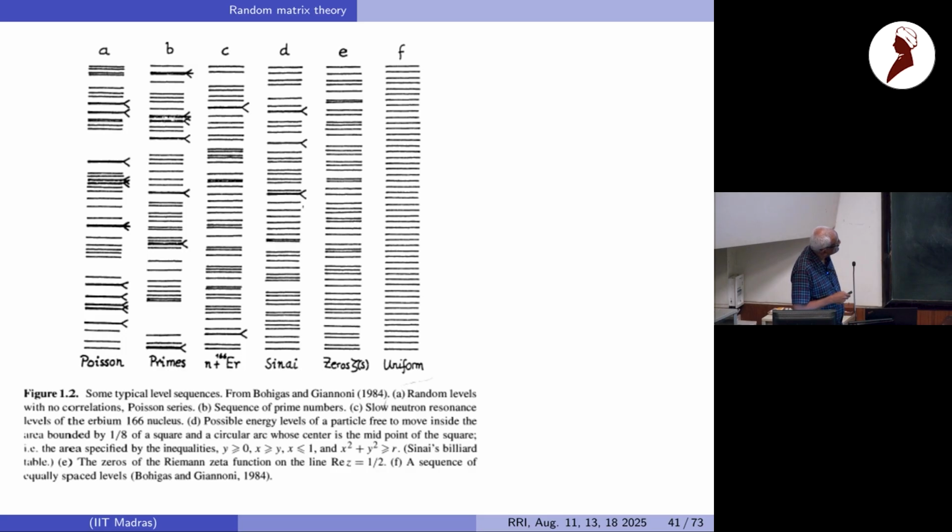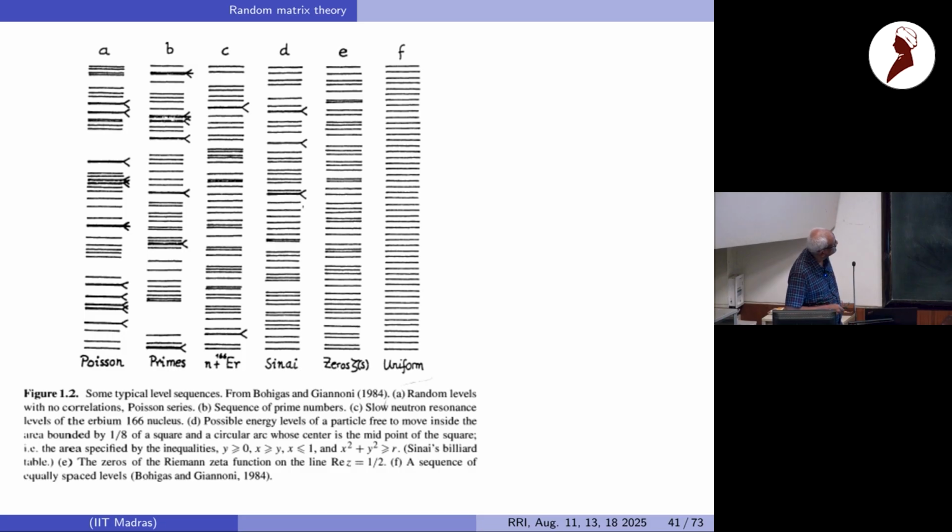But you can see even from this that there is a difference. The number of levels which are coming close by is very few compared to this. This is the Sinai billiard, which we just saw. So it's not some complicated many body thing. It's a single particle, but in a chaotic cavity. And these are the eigenvalues. Again, you can see that the close by spacings are few. They look more like this than Poisson or primes. They are fewer in number.